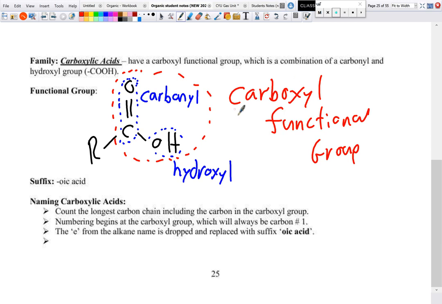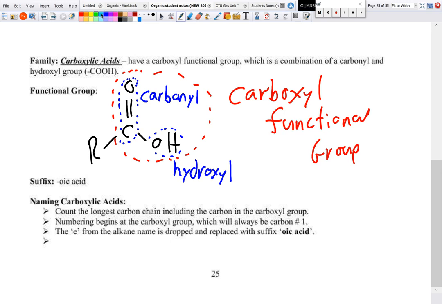So you can see the carb part comes from the carbonyl, and the oxyl part comes from the hydroxyl, so we basically sandwich those two words together, the carbonyl functional group and the hydroxyl. Now, when we're naming our carboxylic acids, these are probably one of the easier ones to name, because there's going to be